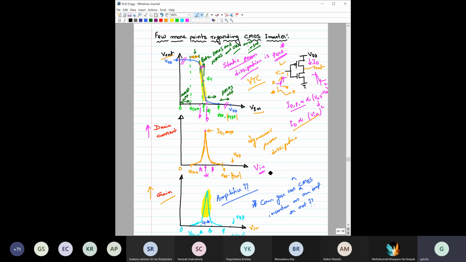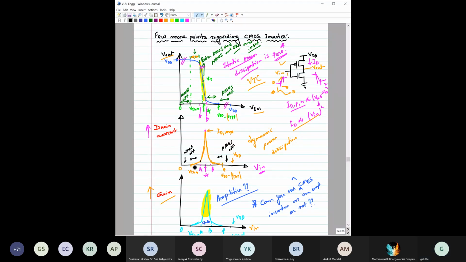Till this point, there will be no current because here this NMOS is off. And here there will be no current because here PMOS is off. To have any current ID, both NMOS and PMOS have to be on, and that is only possible between these two points. And we have also seen from here to here,